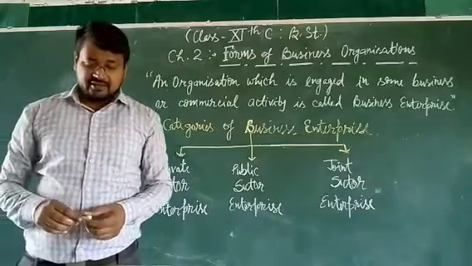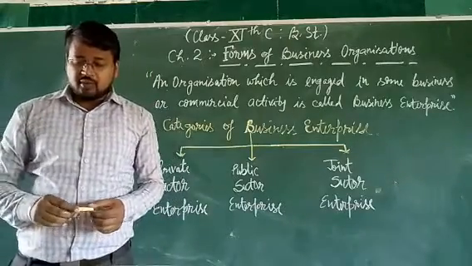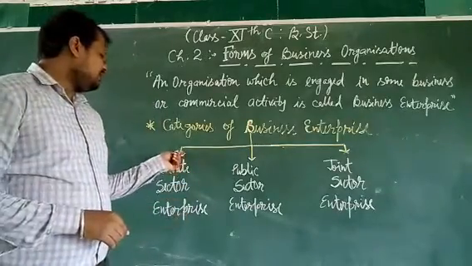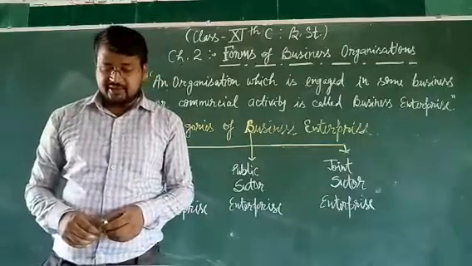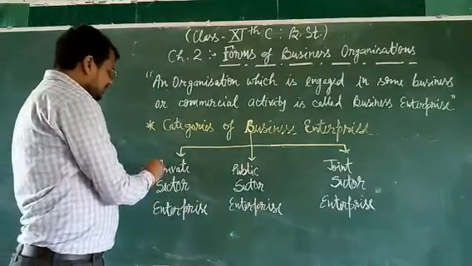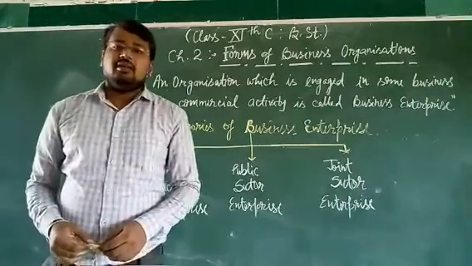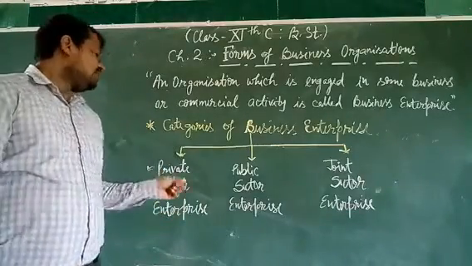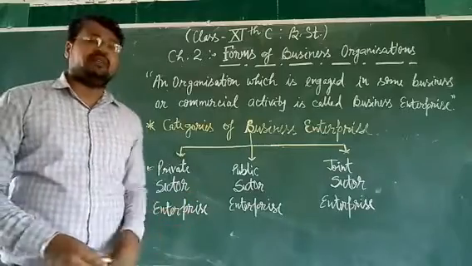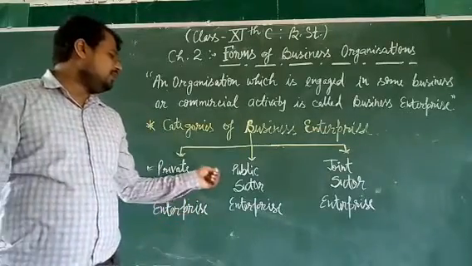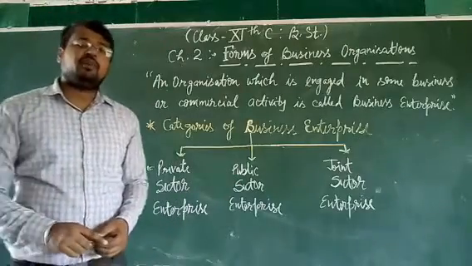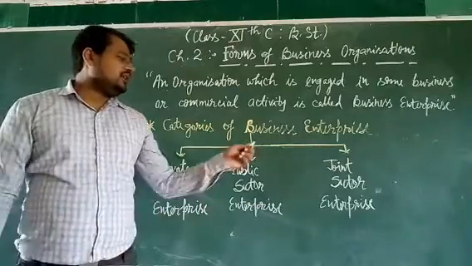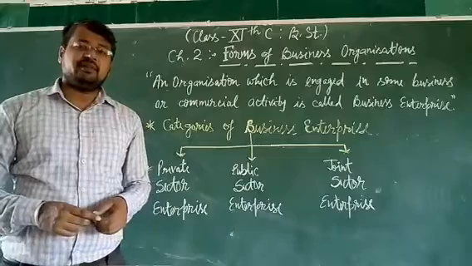In your book, it is mentioned that every business entity adopts some form of business organization to carry out business activity, and these are classified as private sector, public and joint sector. First our focus would be on private sector enterprise. As the name suggests, ownership is in the hands of the private sector. There is no liability of government, no involvement of government. While in the public sector, all the ownership, control and administration is under the hand of government and its officials. In the joint sector, both these sectors coordinate their efforts.